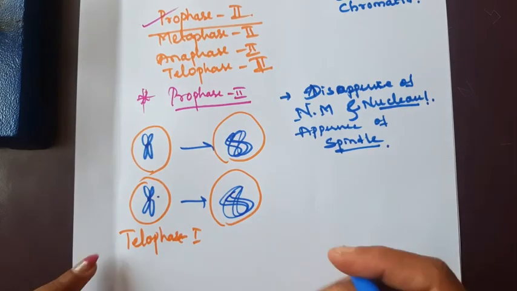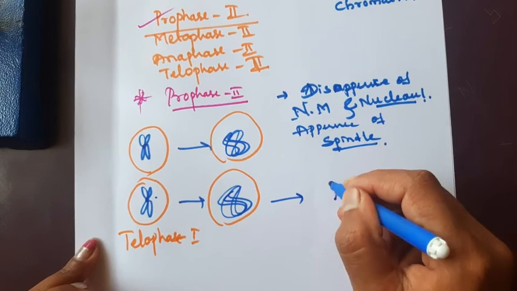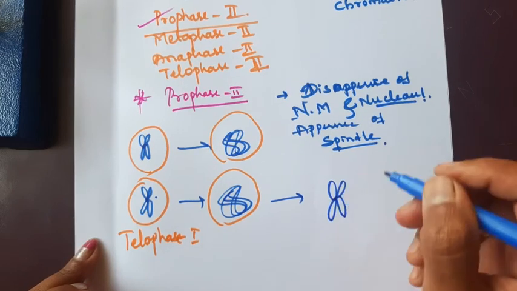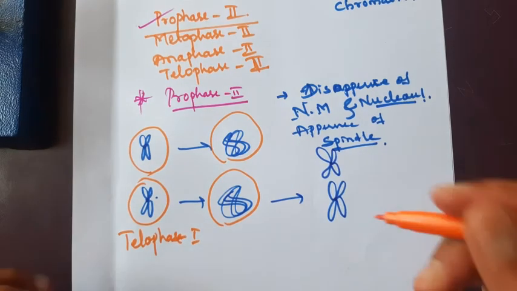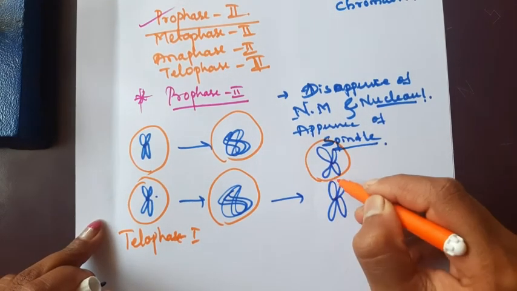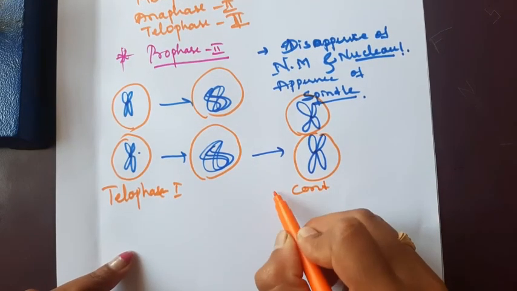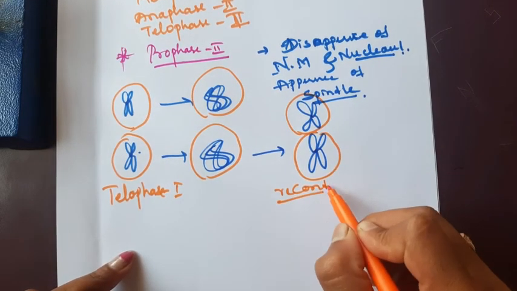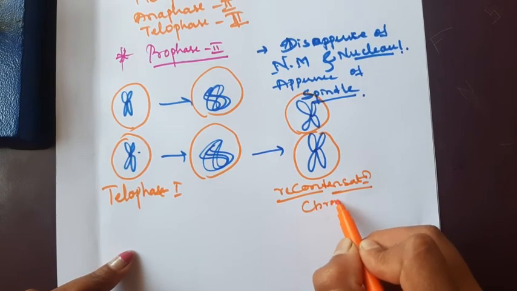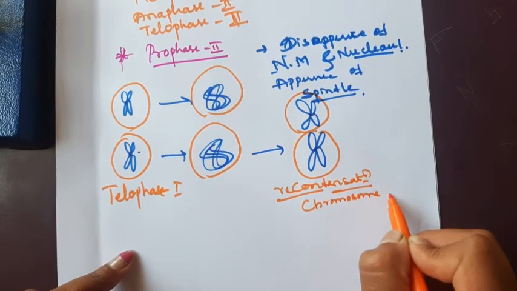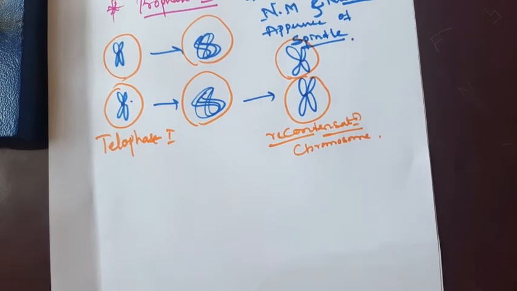Then after that, in prophase second, we can see the recondensation of the chromosomes. After condensation, our next step is